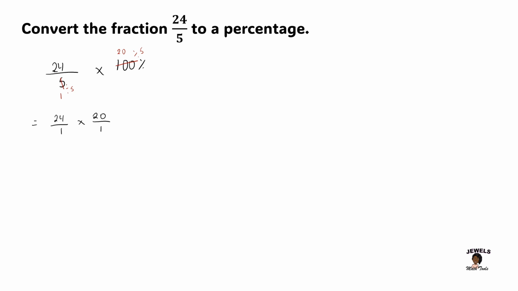Okay, so remember that when we have 24 over 1 being multiplied by 20 over 1, this is the same thing as saying that our 24 is being multiplied by 20. Remember that every whole number has a denominator of 1, however, we just don't write the 1 in, but they mean the exact same thing. So now we're going to move into our multiplication, and we're going to multiply 24 by 20, starting with our